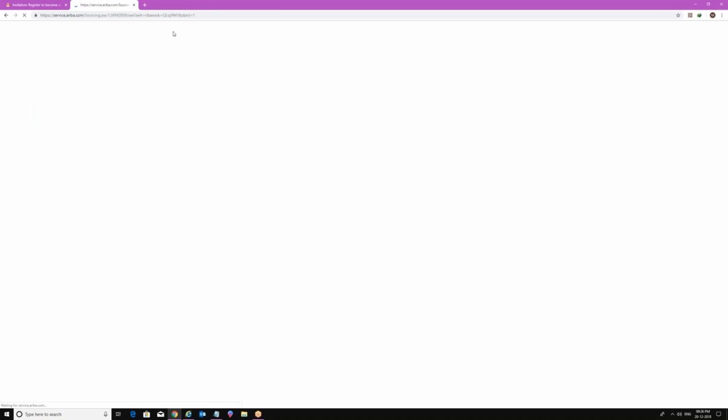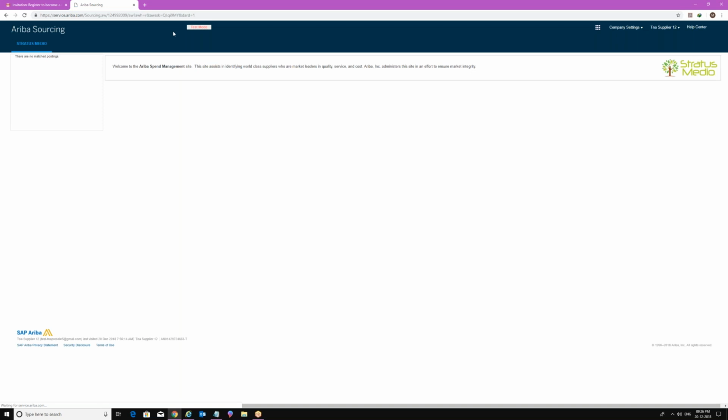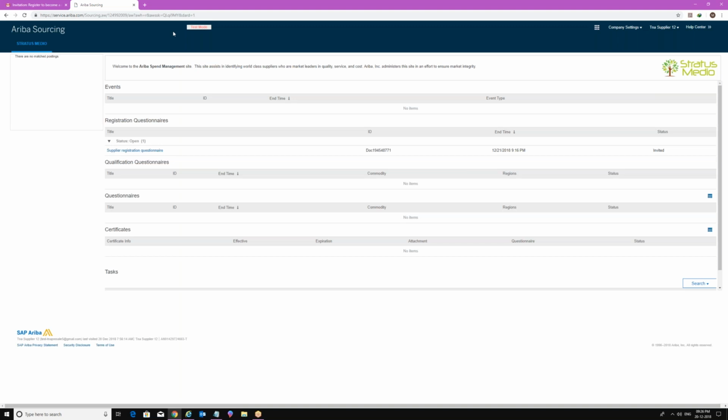And always remember, when you are logging in as a supplier in Ariba network, there will be two parts. One is downstream, another is upstream. By default, SLP is falling under upstream. So by default, this is going to come over here in the upstream part of Ariba network, not in the downstream part. If you want to go to the downstream part, click on Ariba apps, go to orders and invoices. Okay, so click on this questionnaires.